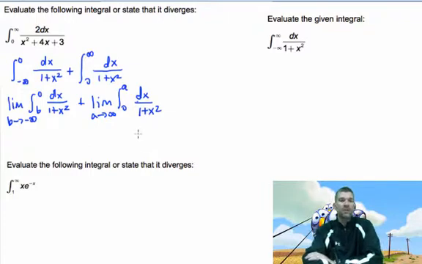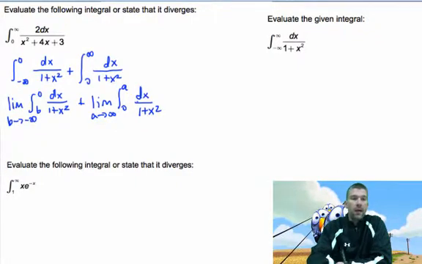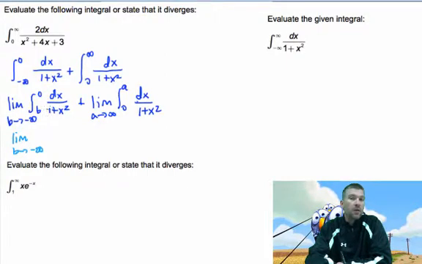Now, the 1 plus x squared part is a tricky wicket, and we have to pay attention to that because this actually fits a pattern for one of the inverse trig functions, which would be the inverse tan. So when we take the next step with these guys, what we're going to have is the limit as b goes to negative infinity of inverse tan. And if you don't remember, look on your trig sheet, look on a trig card, look on a derivative or integral table. This is actually going to be the arctan